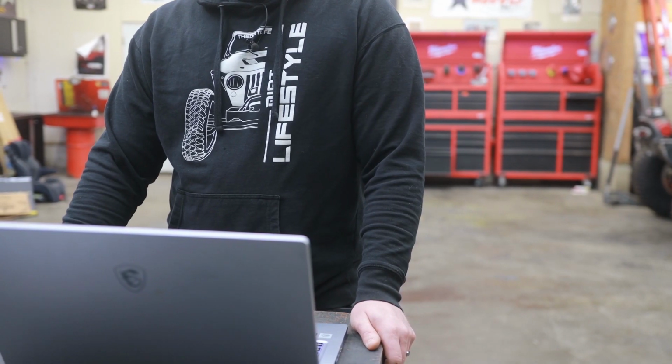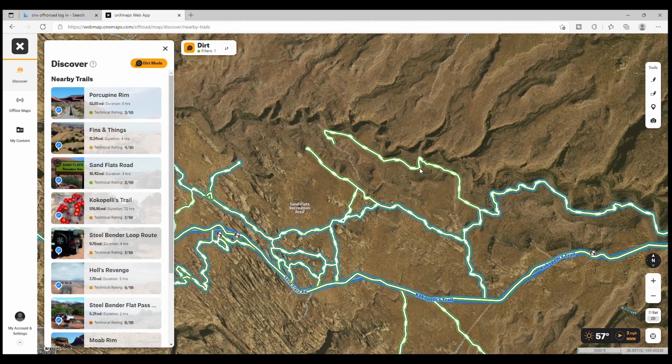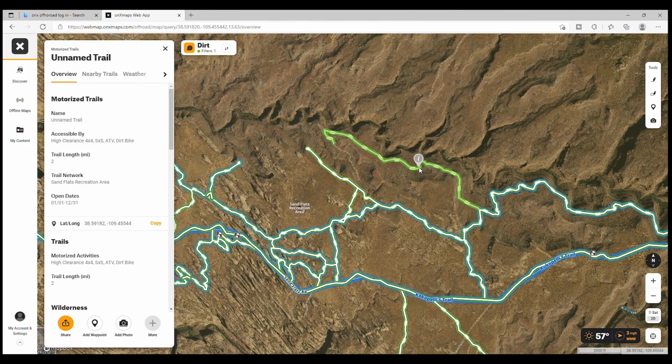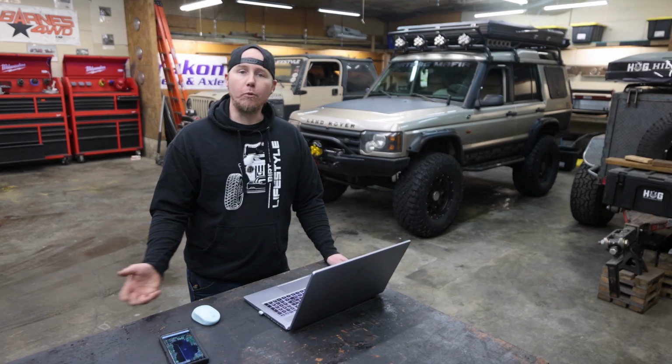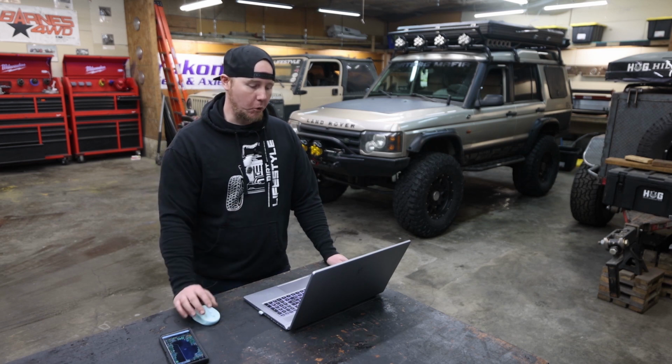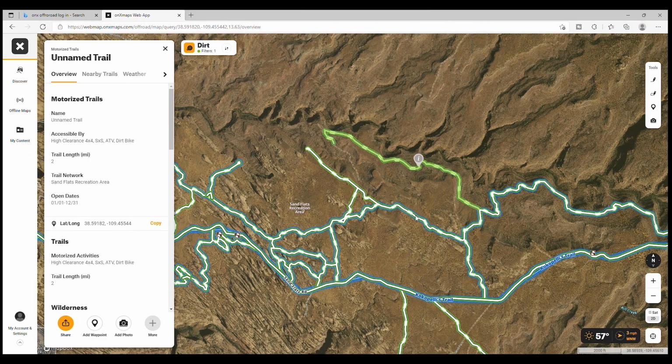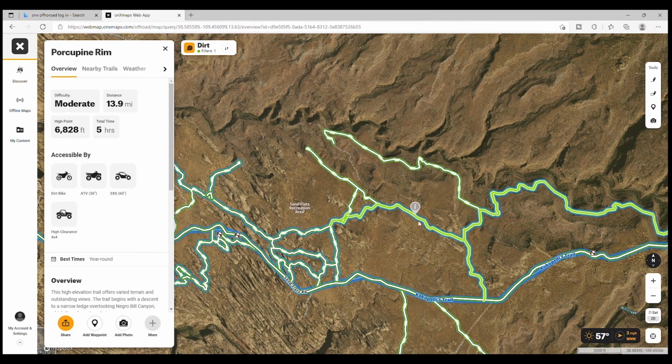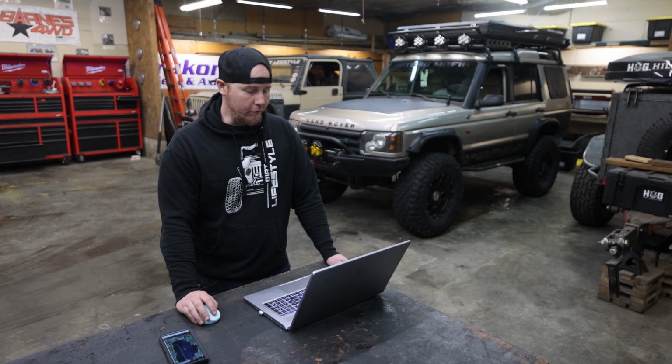Green trails like this one here aren't going to have as much trail data, but green means that it should be open to the public. Red trails would mean that it's closed to the public, and then if you want the most information about a trail, you're going to click on one of these featured trails. The featured trails are blue, and this is going to give you the most data, and it's going to give you guidebook level information on the trail that you've selected.